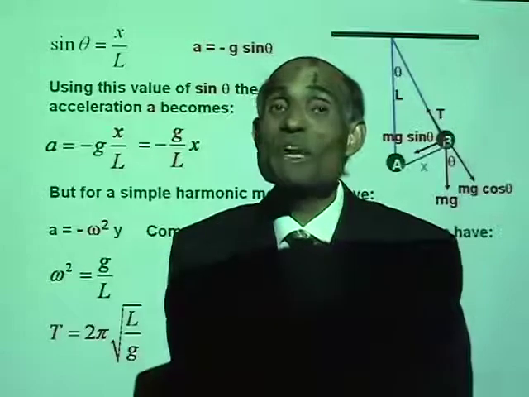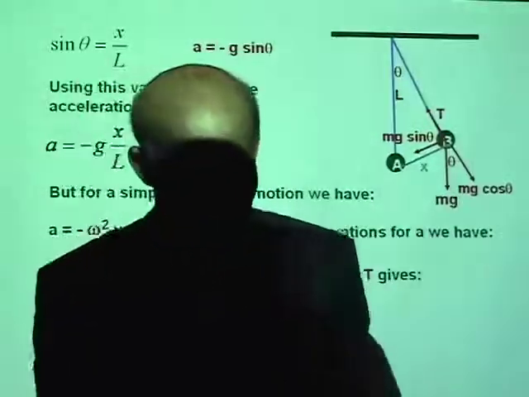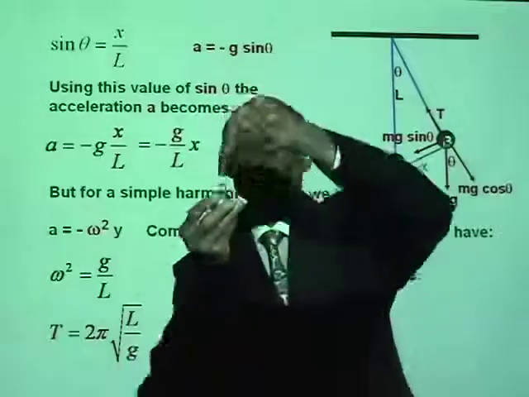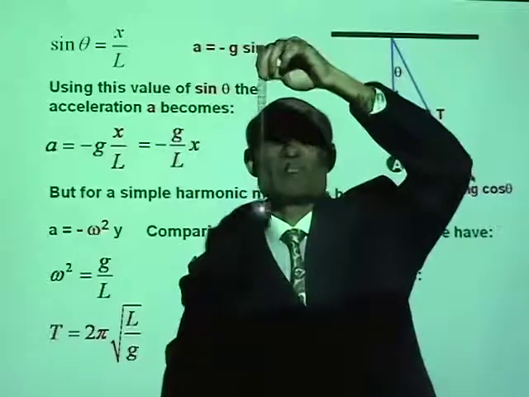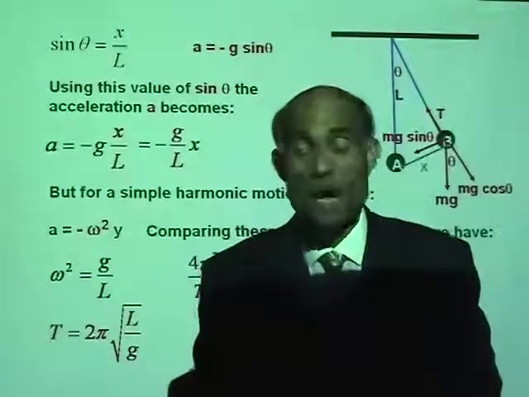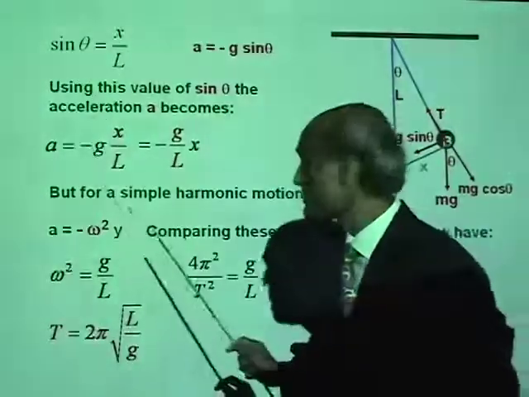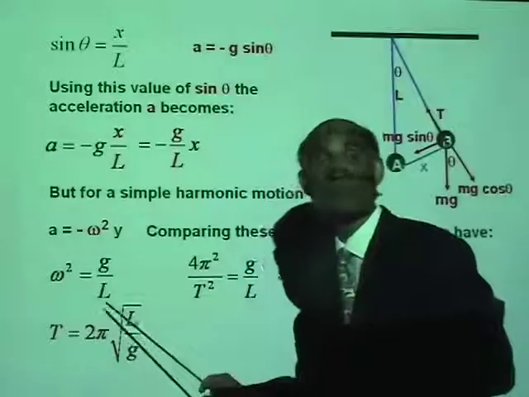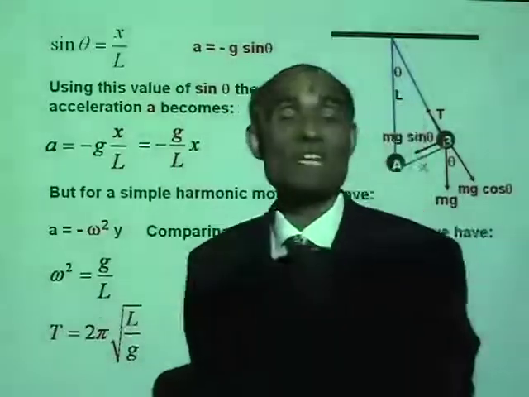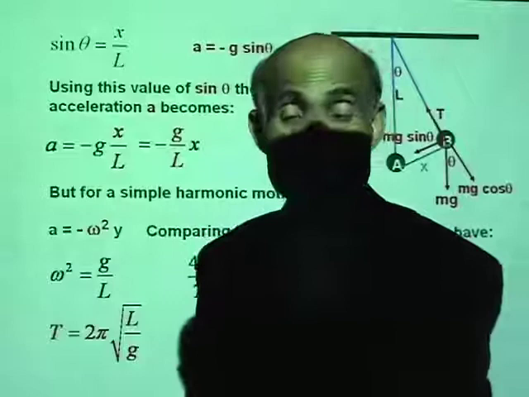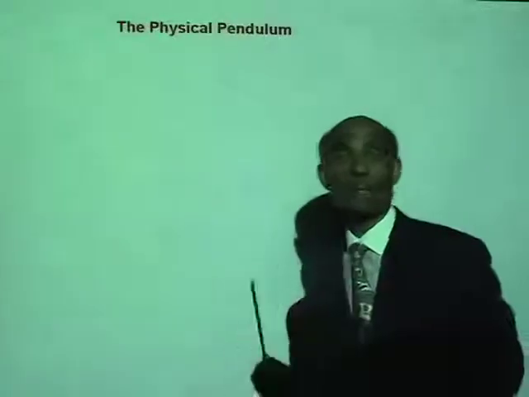Well, we developed an equation for the oscillation of a loaded spring. What is the equation for the period of oscillation of a loaded spring? T is 2 pi square root m over k. Alright, look at the period of oscillation of a simple pendulum. T equal to 2 pi square root L over g. They are similar, is that right? Alright, you must be familiar with these equations. Let's now talk about another type